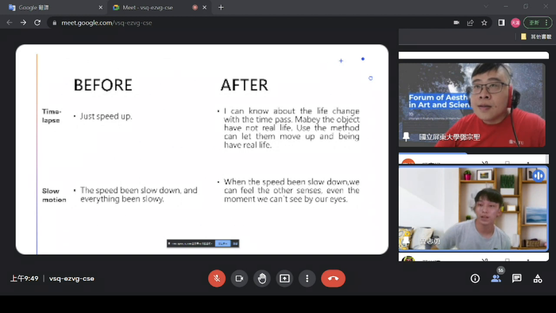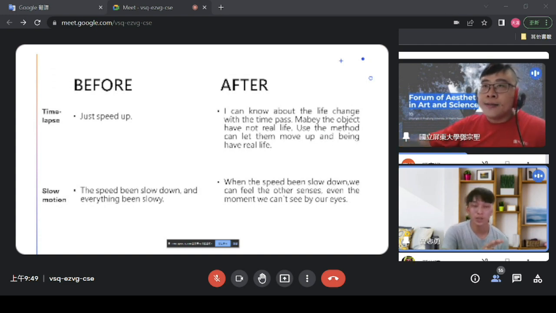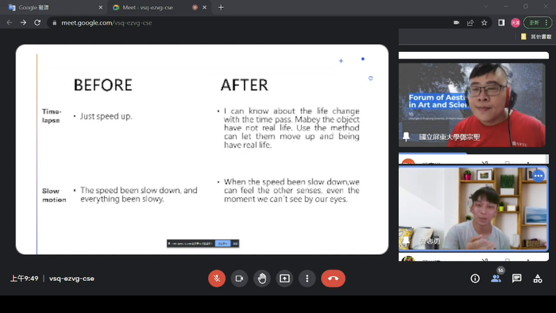Okay. That is my comparison of before and after studying the two methods. Before, with time-lapse, I just thought it was just speeding up. But after, I know about the life change with time-lapse. Maybe the object does not have a real life, but with time-lapse it can move and then become